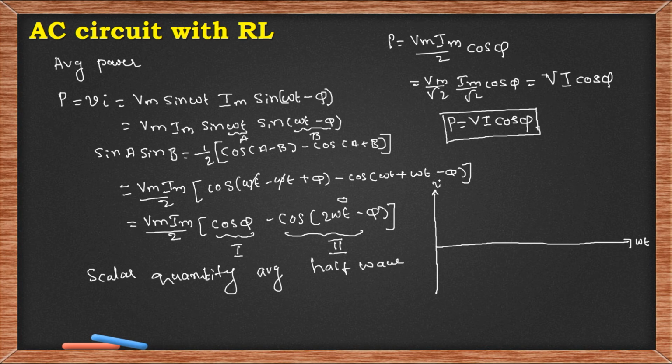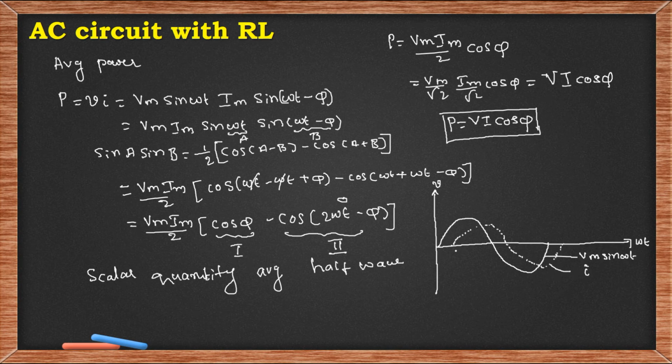Along the y-axis, first we'll consider V. And for current, we already know that the current lags by pi degree, so let us say this current lags by pi degree. I want to draw the current by a broken line. So the solid line is voltage, that is Vm sine omega t, and the broken line is current